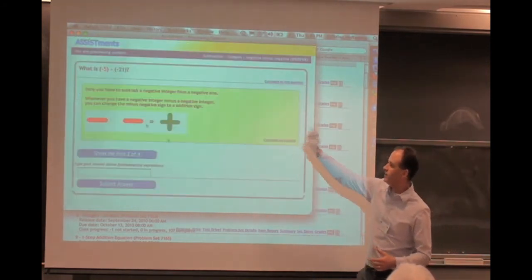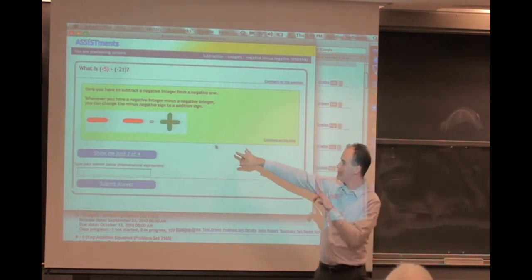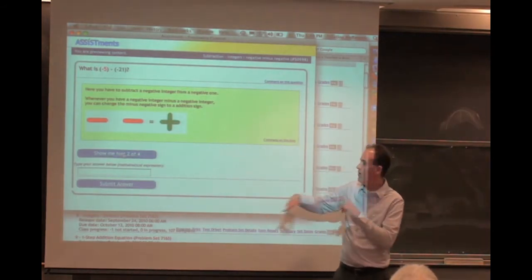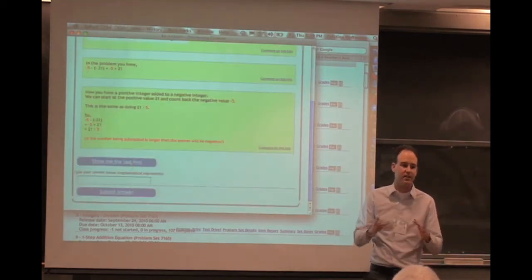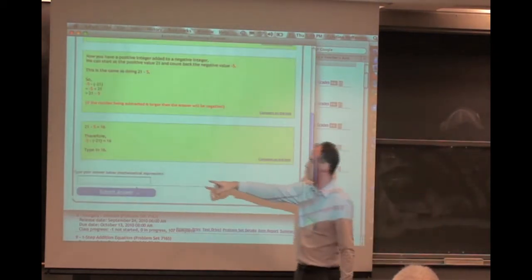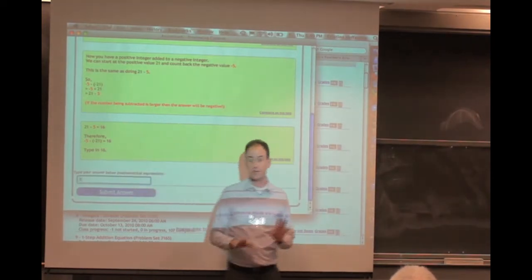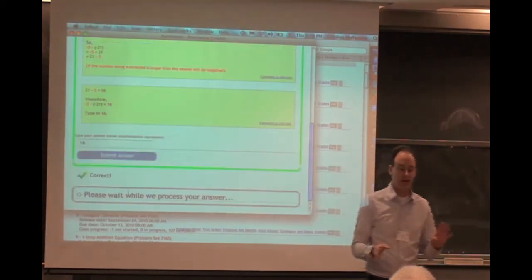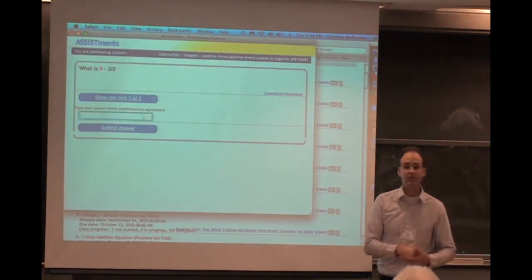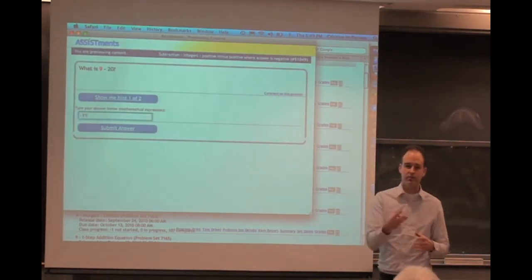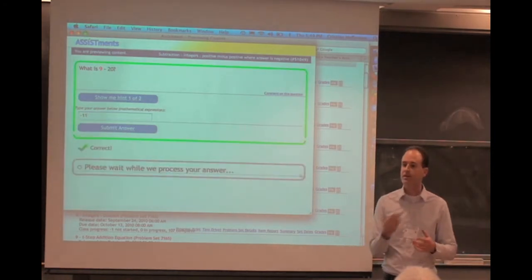Oh yeah, when the teacher said we have 2 negatives together that equals a positive, and you can go through all of the hints, the last hint will give them the answer to the question. So if they can't get through with the hints, the very last hint will tell them what to type in. But it's not right because they used a hint. They have to get 3 right in a row without using a hint. So after they got their 3 right in a row, you'll say they test out of